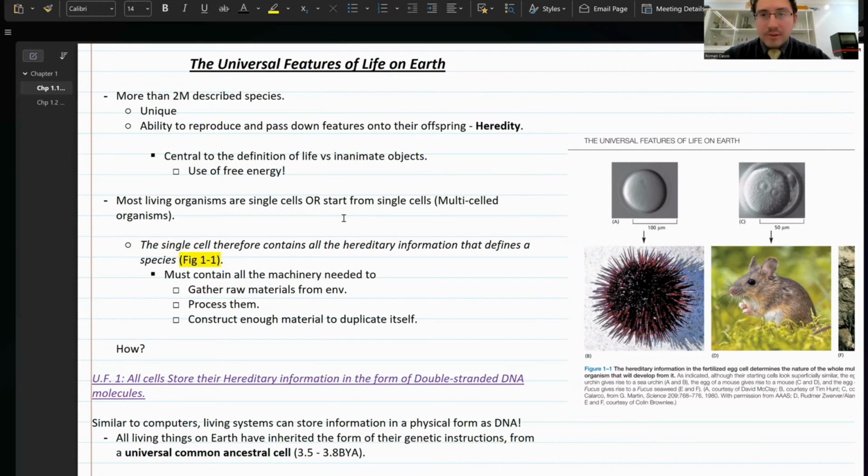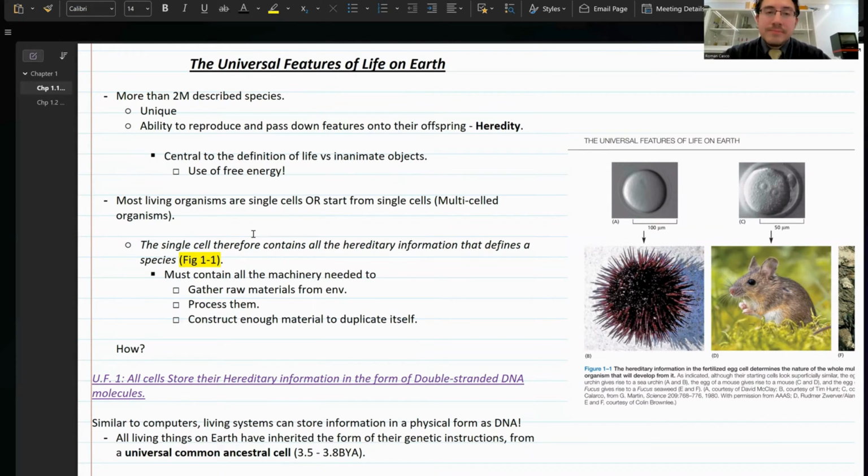A concept we all are familiar with, which is heredity, right? Passing down our genetic information from parent to offspring, right? Via different methods of reproduction, right? But we have that goal. And in that sense, that's one of the defining features of life, being able to reproduce, pass down information so future generations can also contain the information to thrive and live and produce proteins and things like that,